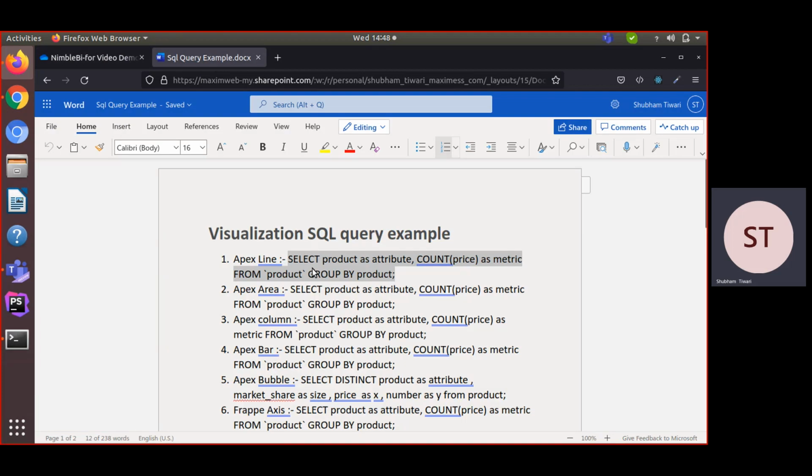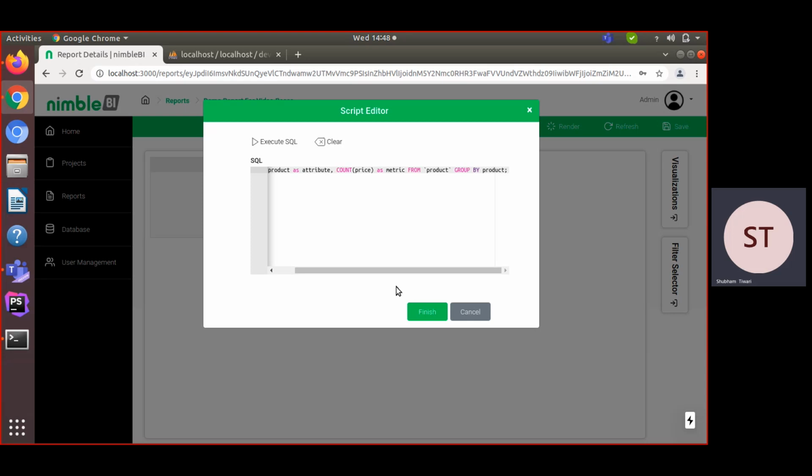You can see I already have a SQL query that is tested. I'm just copying this SQL query and pasting it. After writing the SQL query you can click on finish, but before clicking finish, I want to explain this query.